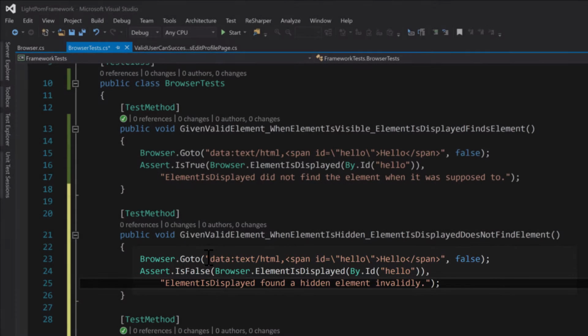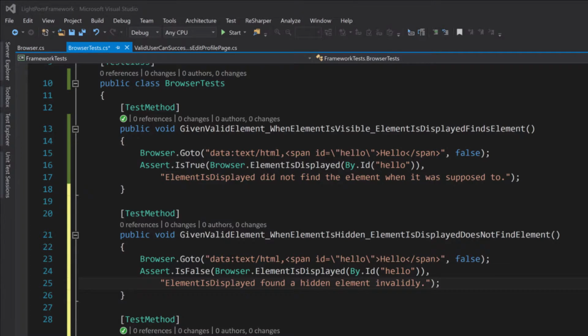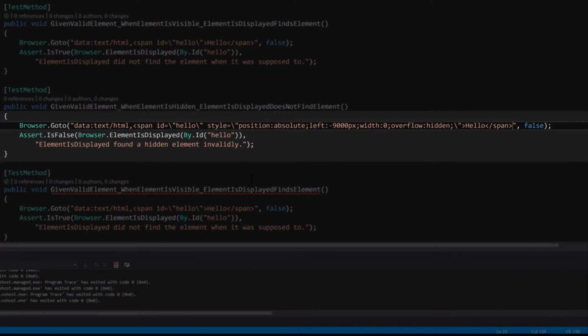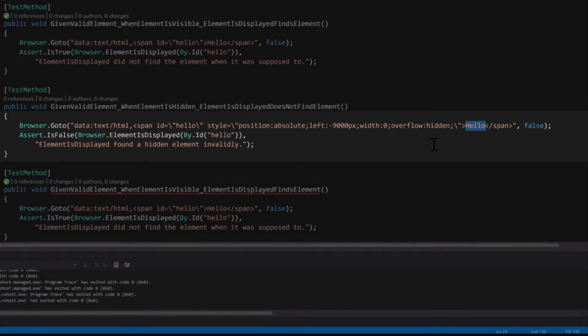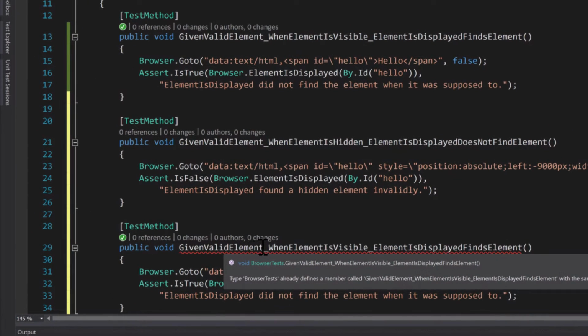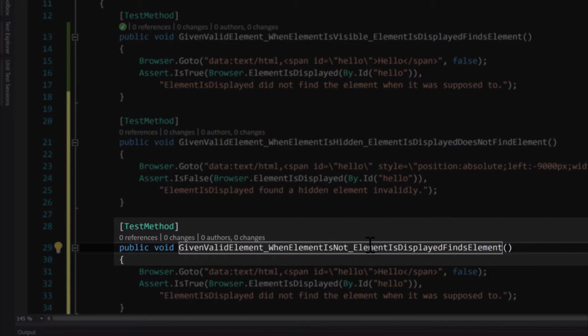And then we just need to go to a different HTML, which I'm going to copy from here and paste it into here. So this gives it a hidden attribute that's going to hide this, and so it should not be visible. And then we need one more assertion, is that given valid element when element does not have ID, element is displayed